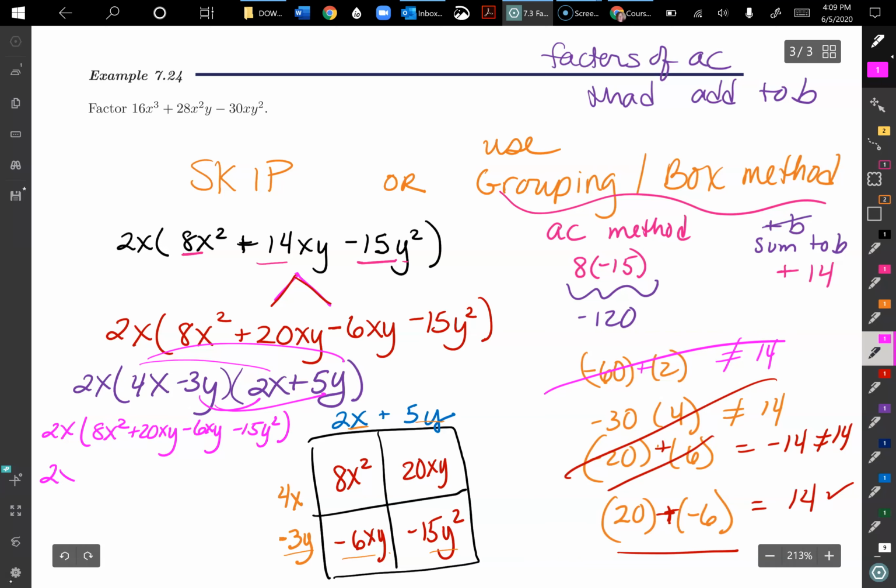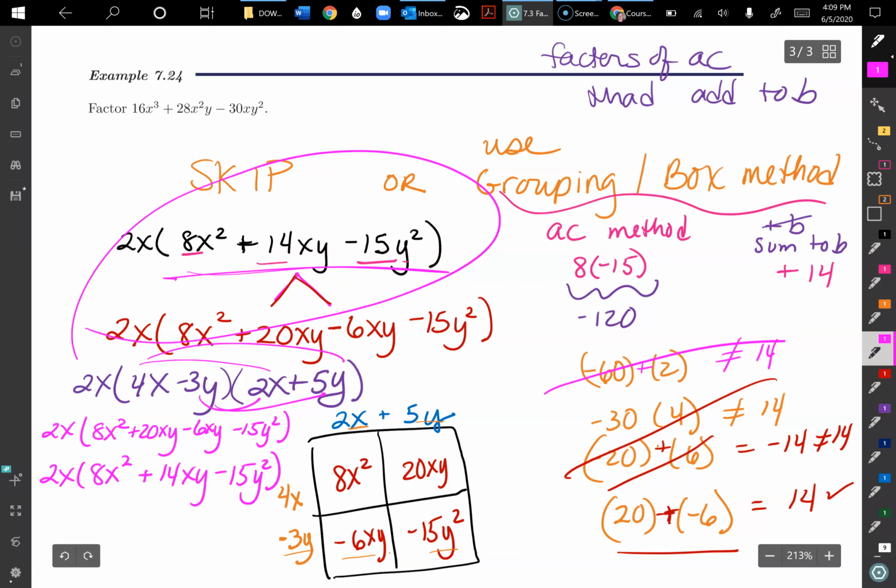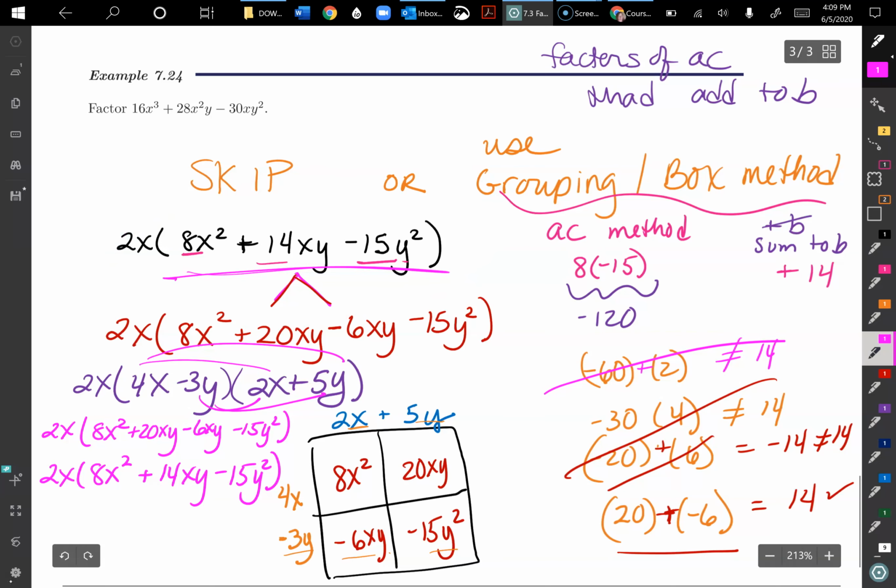Okay, so then we get our 2x times 8x squared plus 14xy minus 15y squared. So I got this back up here. Kind of look back up here. Okay. And then if I finally distribute that 2x, I definitely get back my 16x cubed plus my 28x squared y minus the